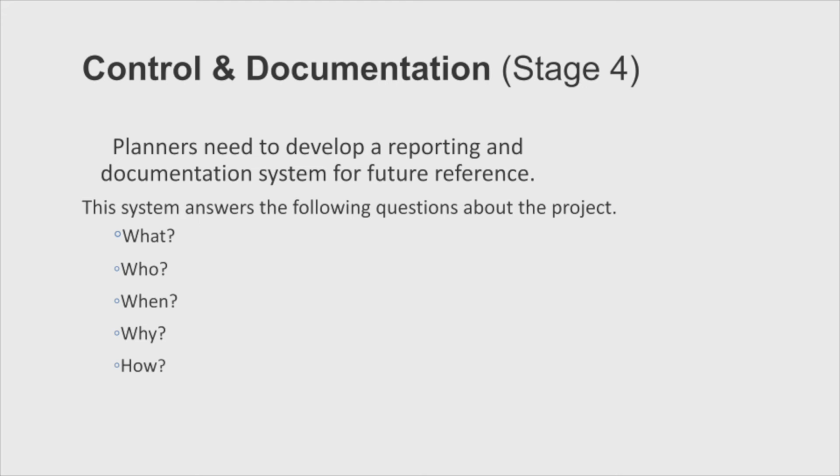Fourth and important is the issue of controlling and documentation. We need to be able to do everything we can to minimize risk. And one of the things we can do in terms of controlling it is to monitor it completely, totally, as we move along. We see here, for example, that one of the big issues with regard to risk management is controlling and documentation. Planners need to develop and report, and that needs to be documented in a system for future